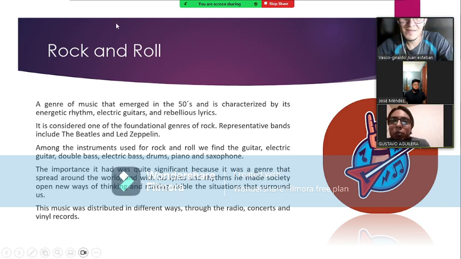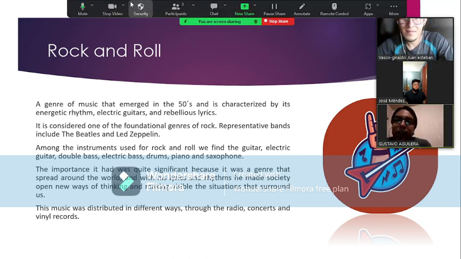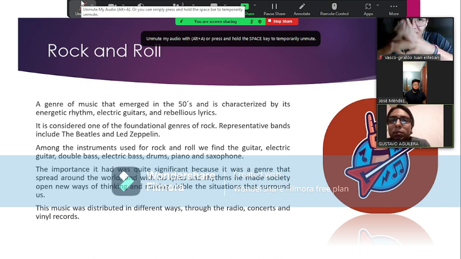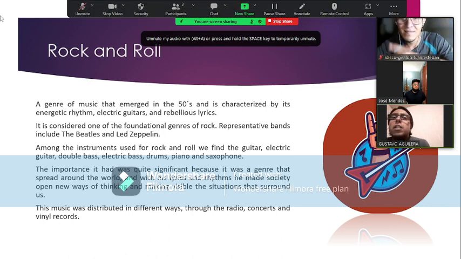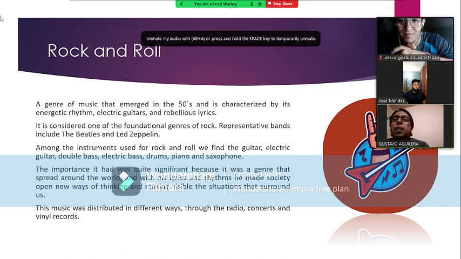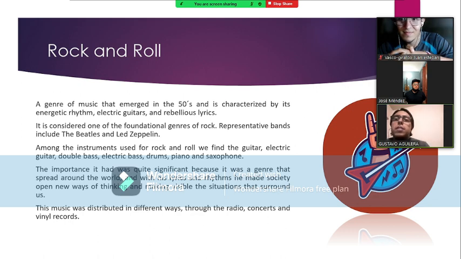Rock and roll. This genre of music emerged in the 50s. It is characterized by energetic rhythm, electric guitars, and rebellious lyrics. It is considered one of the fundamental genres of rock. Representative bands include the Beatles, Led Zeppelin, and